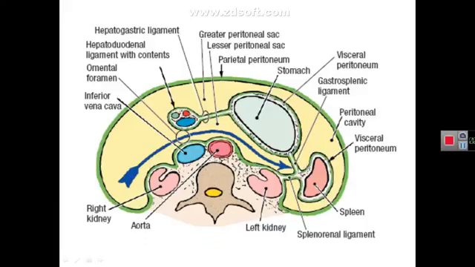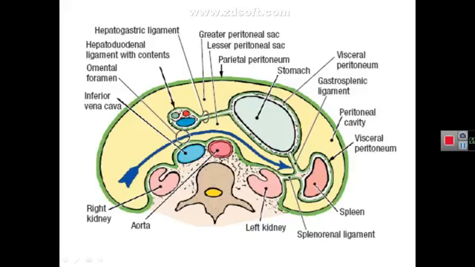Then, from the hilum of the spleen, there is another fold. It extends to the stomach in the form of another ligament, which is called gastrosplenic ligament, that is between the spleen and the stomach. And also then the peritoneum surrounds the stomach, and from the stomach there is a lesser omentum, and you can see that the lesser omentum has a free border. There is a space below, or deep to, the free border of lesser omentum. All of this is the lesser omentum, and this space